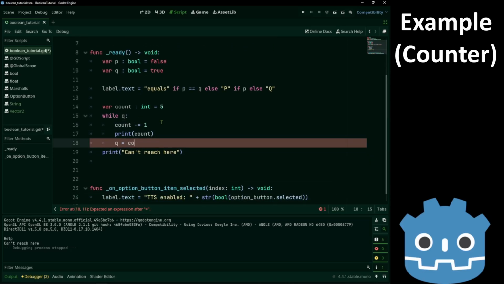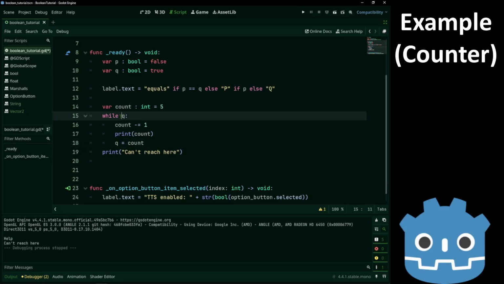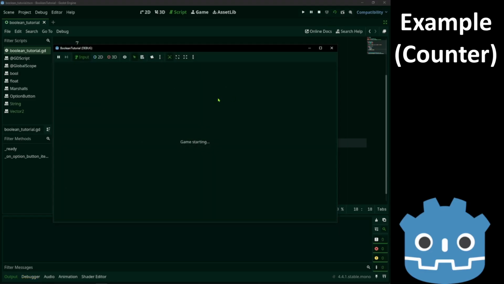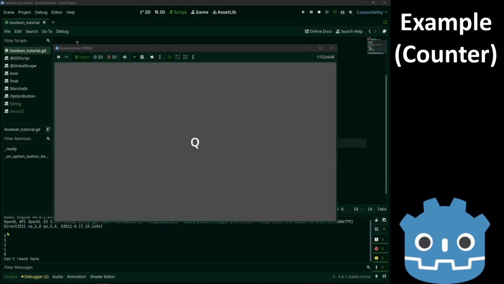Remember, we can say Q equals count. If count is 0, we get false. So, we know the loop will end because on the start of every loop, we first check the value of Q. So we get 4 to 0.